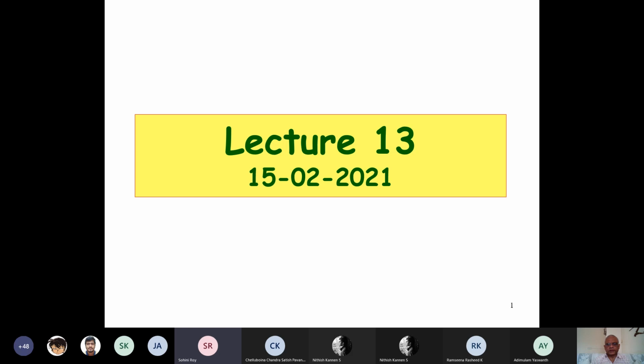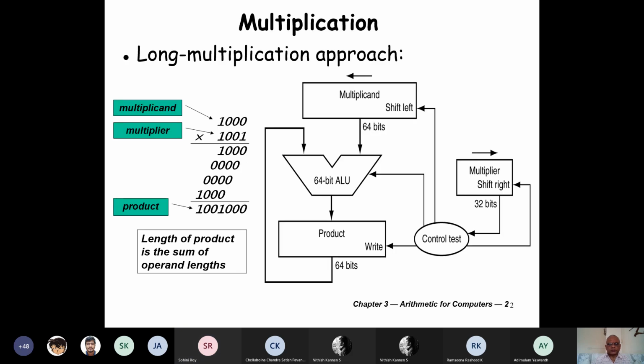Okay, so let's continue from where we were last time. We're looking at the hardware for multiplication. And for that, we said let's observe how the multiplication in binary is carried out. And we said not to worry about the sign, because sign can be added later on. We are just looking at unsigned numbers. Observe the typical multiplication.